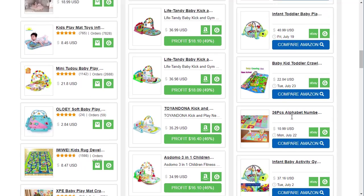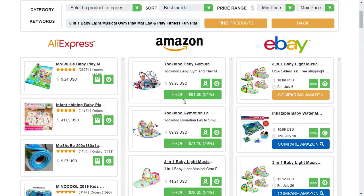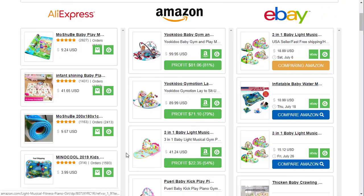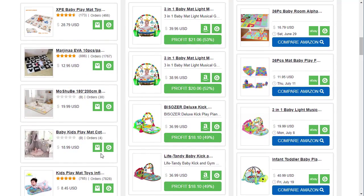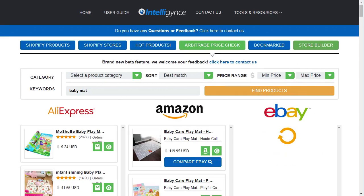then drop ship it for prices that are somewhere in this range of between $100 all the way to $40. So we at least know that we can double our profit here, or double our 100% ROI on the product that we're getting from AliExpress. So this is a very useful tool for trying to figure out what kind of pricing you should do for your products. And if you by chance do arbitrage, you can technically buy stuff from eBay and sell it on Amazon, and vice versa. If you want to go back on your search, just click the back button up here,